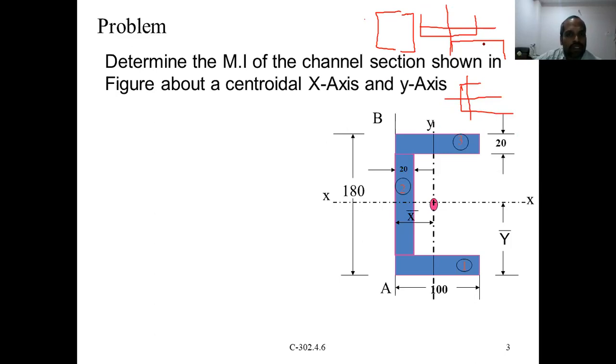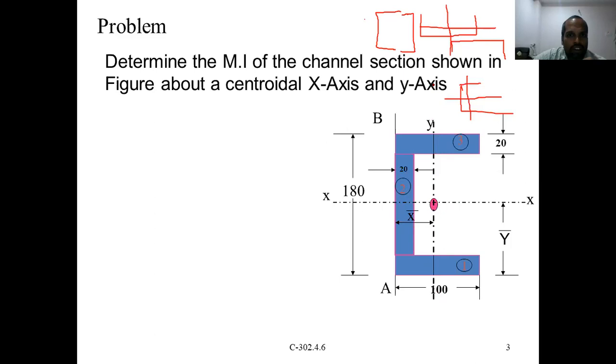Okay, so about the x axis, T sections are unsymmetric, whereas an I section may be symmetric or may be unsymmetric, depending on its flange dimensions. That possibility is there in the case of I sections. In the case of a channel section, it may also be symmetric or unsymmetric about the x axis. Both possibilities are there. But in this orientation, it is always unsymmetric about the y axis. Right. So these are the different possibilities a channel section may have related to symmetry.